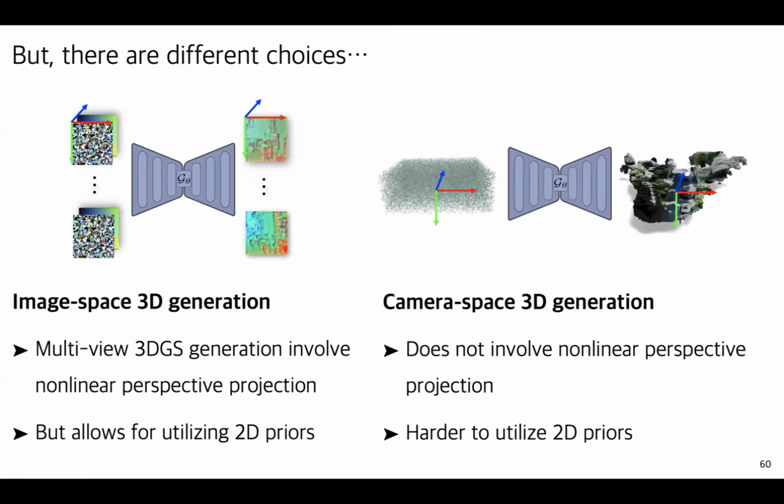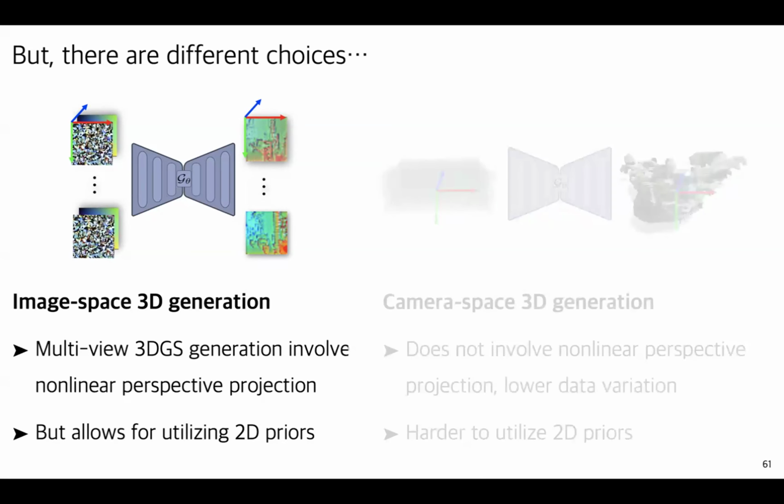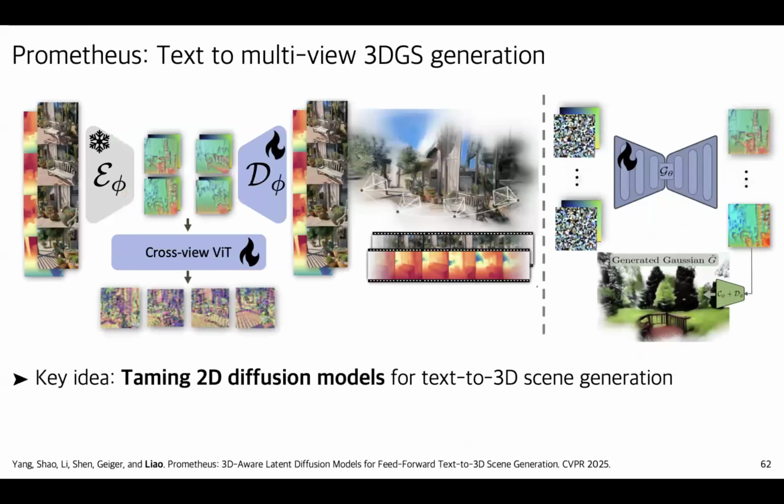And on the right, because you directly generate in this camera coordinate space, you generate everything in 3D directly, so it does not involve nonlinear perspective projection. However, it's also not so straightforward to reuse the 2D prior in this case. So I'm not going into details, but I just want to show you some results that we obtained with these two paradigms. So for the first one, we have a paper named Prometheus, where the key idea is how we